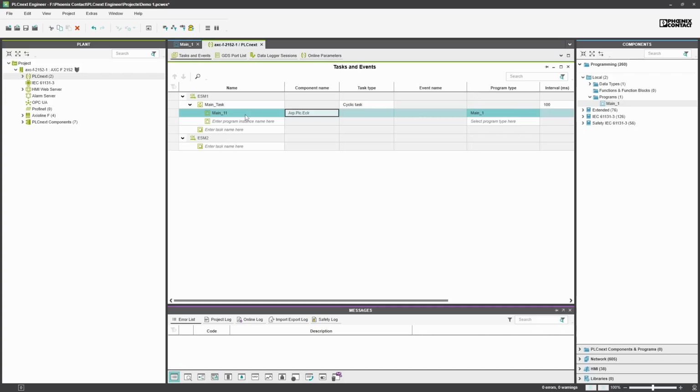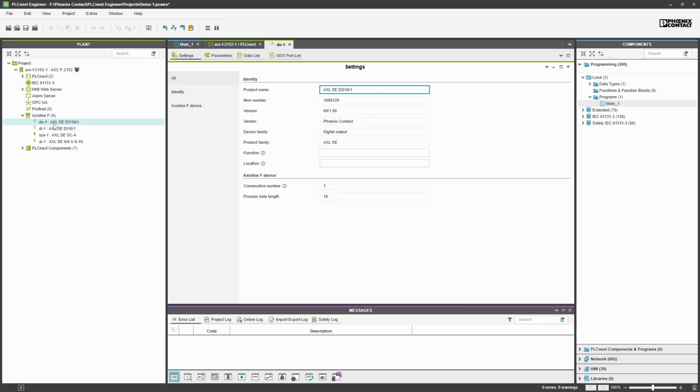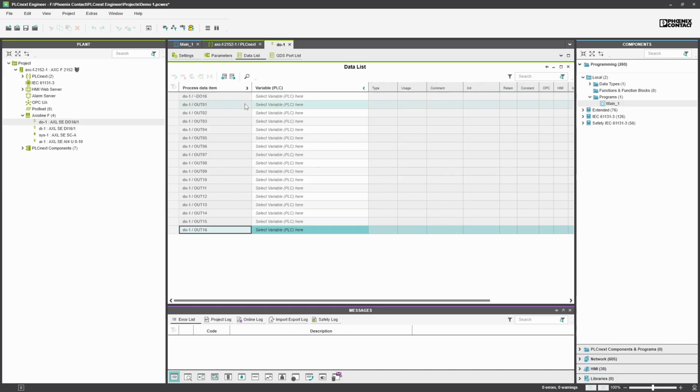The final step that we have to do before we download our program to the PLC is we actually have to associate the I/O to our I/O cards. So to do this, we're going to expand Axial Line F, double-click on our digital output module, and then by going to the Data List tab, we can see that nothing is assigned to any of our outputs yet. To assign something to the output, we can click on DO Out 1,